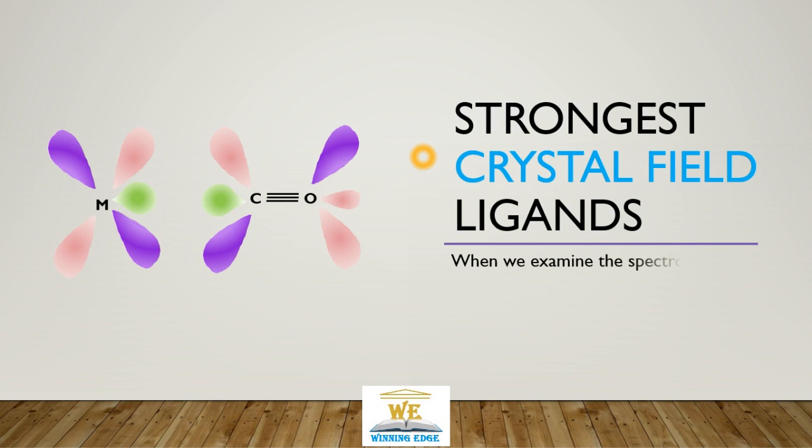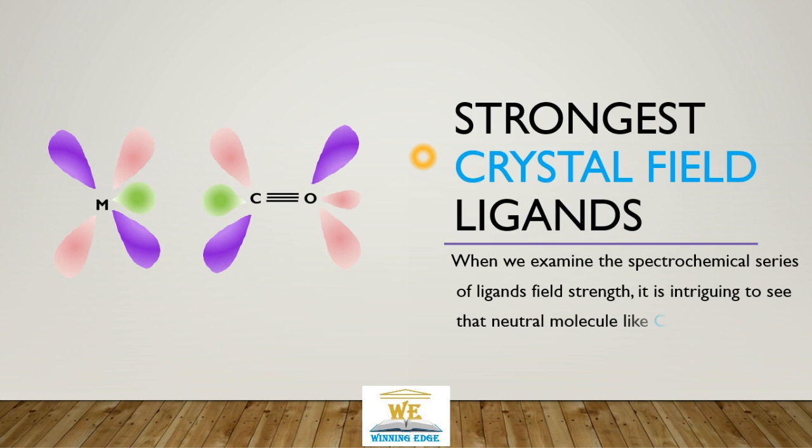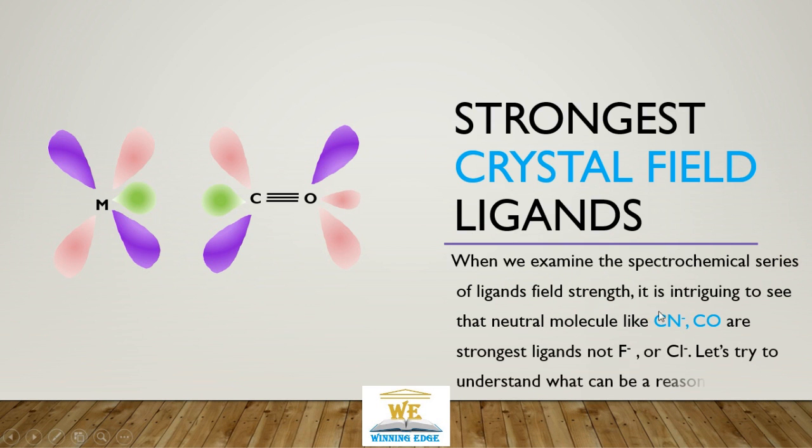Let's try to explain why a neutral molecule like carbonyl is so good in complex formation. When we examine the spectrochemical series, it is intriguing to see that cyanide and carbonyl are the strongest ligands, not fluoride and chloride. The reason behind this is,